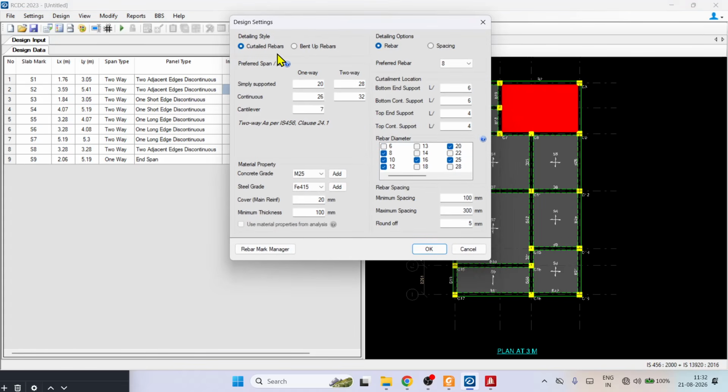Usually we are doing the slab design with the bent up bar, not with the curtailment rebar. We are providing the bent up bar. And this parameter, span to depth ratio, we are taking from IS 456 24.1, because we had